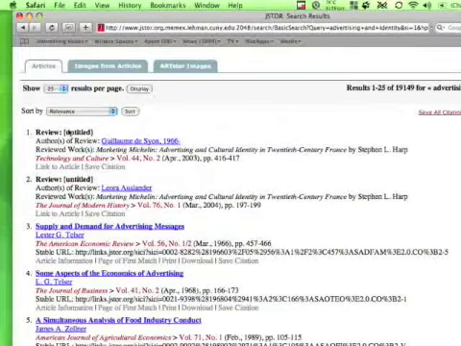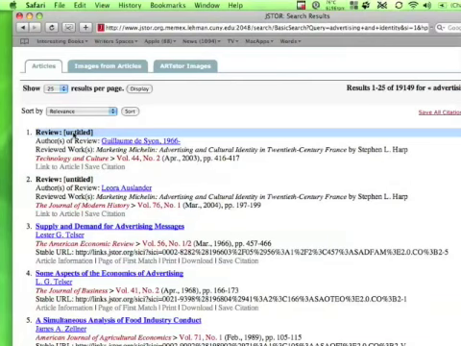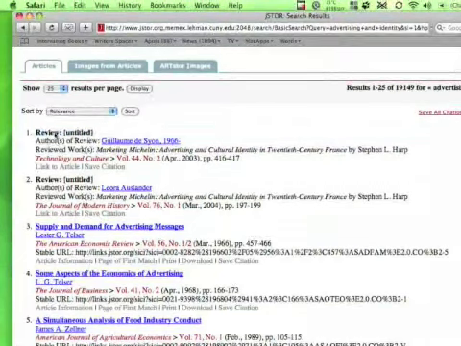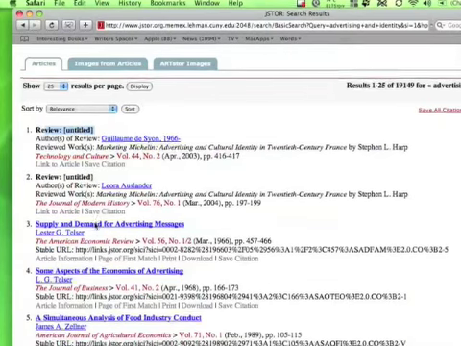Every once in a while something like this might be helpful, but one problem you can see is there's a link to an article and you can save the citation, but there's no full text. And you can tell there's no full text because you can't click on it: it's black instead of blue, just regular bolded text instead of a hyperlink.